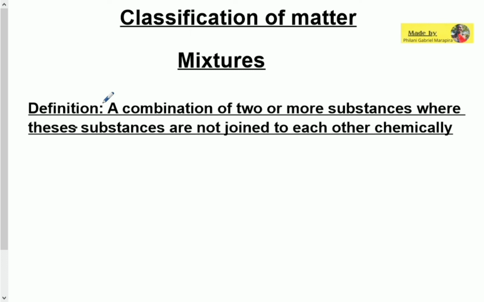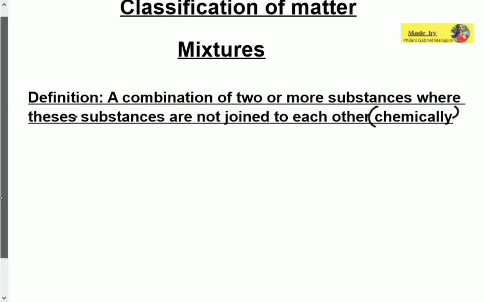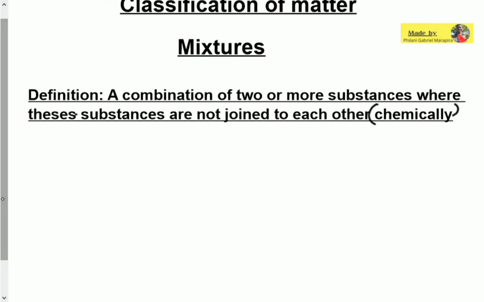There are no chemical processes involved. Remember, we said that they are not mixed chemically, or bonded chemically. Therefore, physical means can be used to separate a mixture. So a mixture can be separated by physical means. Which physical means can we use? Maybe filtration. If we mix sand in water and we want to extract the sand from the water, and then we want to drink that water, we have to filter it. We have to filter away that sand. So we can separate by physical means.